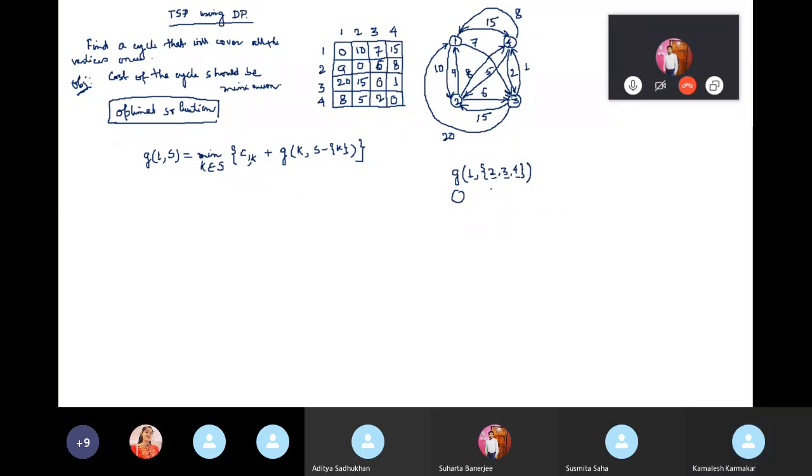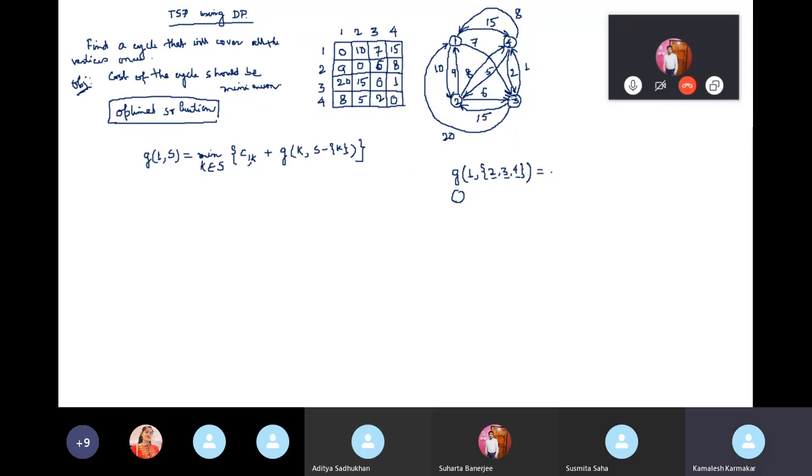If you choose vertex 2, then again recursively from the next position, vertex 2. So here k equals 2. If you choose vertex 2, the cost of 1 and 2 is what? The cost from vertex 1 to 2 is 10. Then from the remaining graph, you have to find the remaining path. So let us start with this. If we start from this position, what will be the value of this?